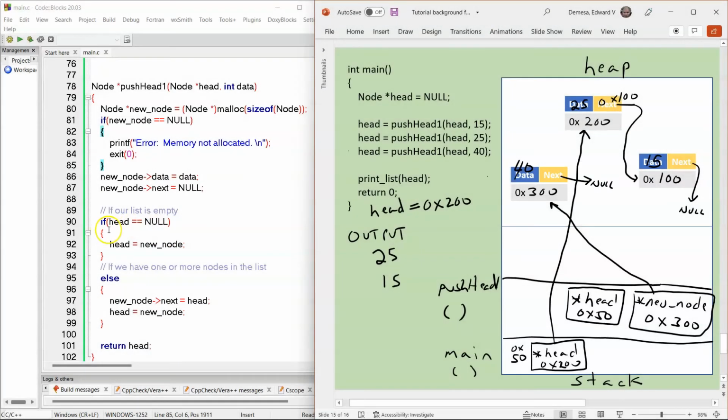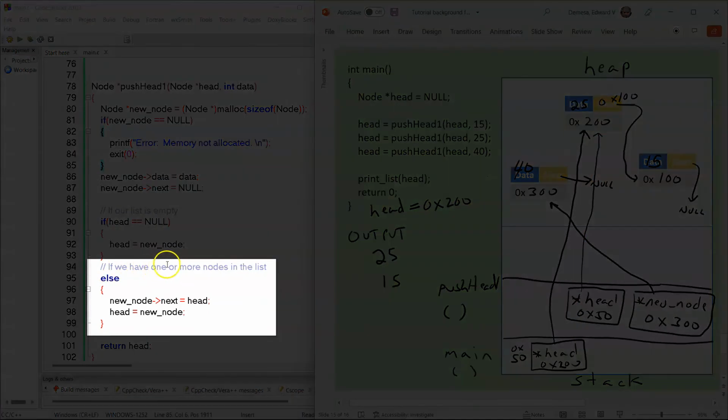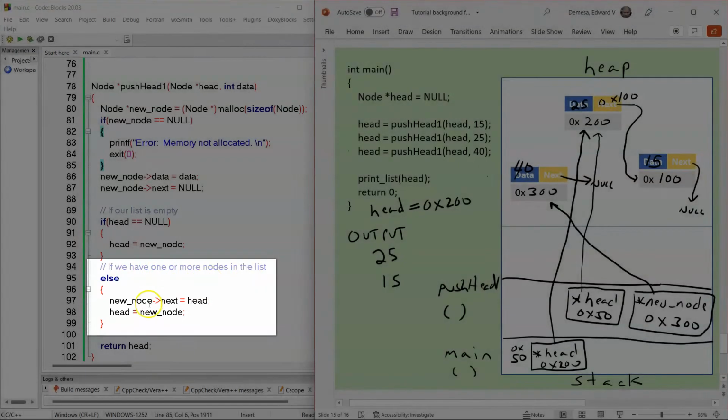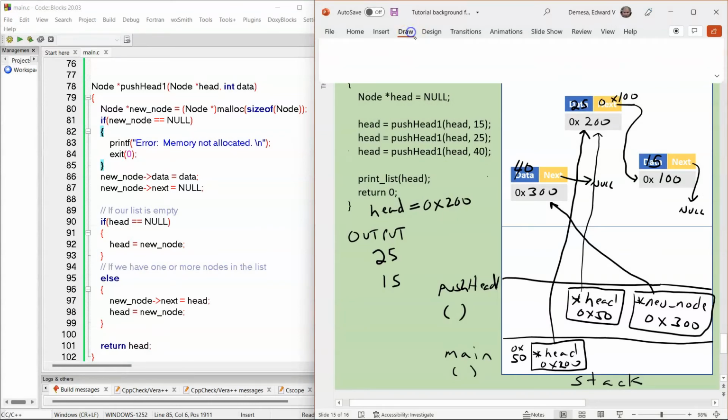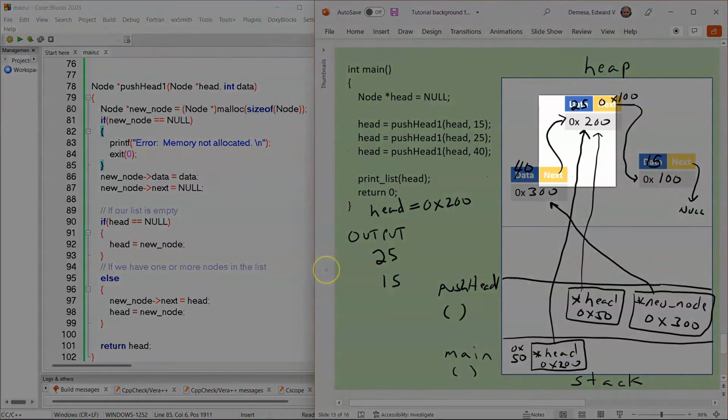And then we check our conditions. Is our list empty? No, because our head is currently pointing to that right now. So therefore, we go to line 94, where we have one or more nodes on our list. And so we go to the else. And then in line 97, we set the next portion of our new node and set it to head, or assign head to it. This holds the address of